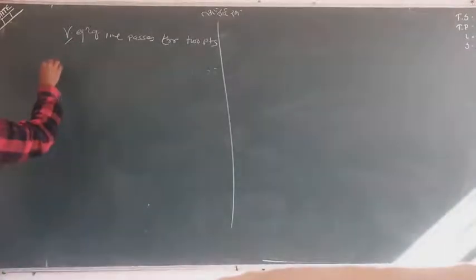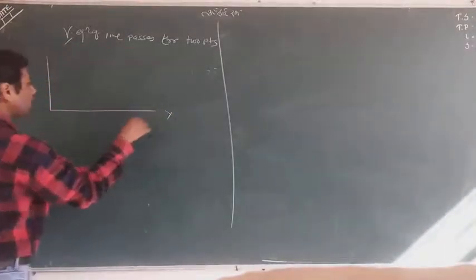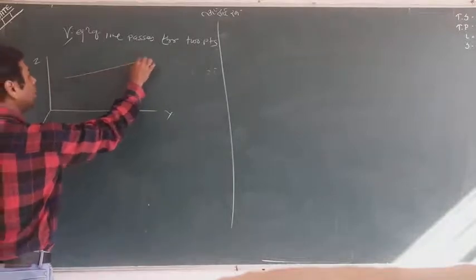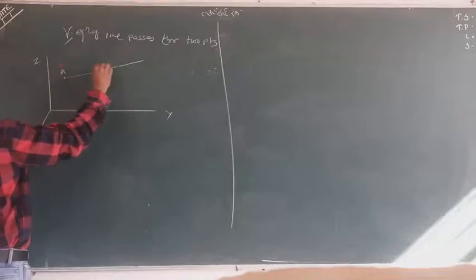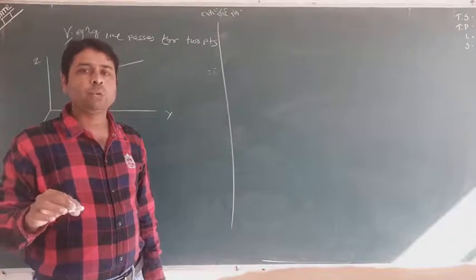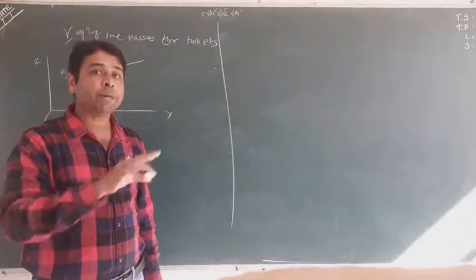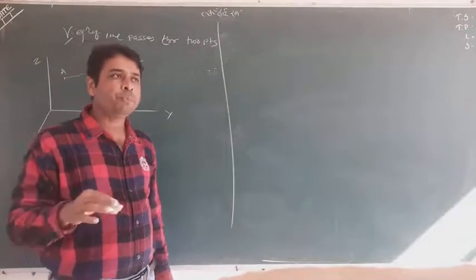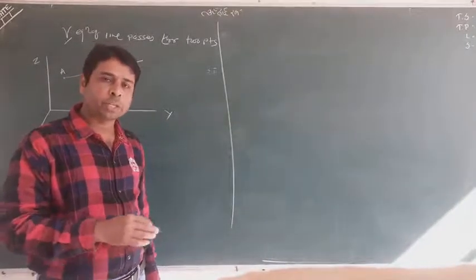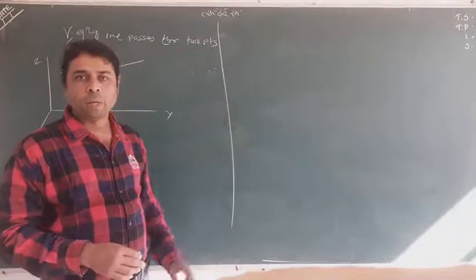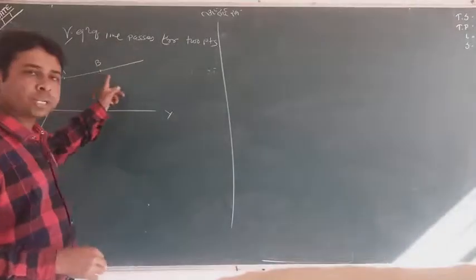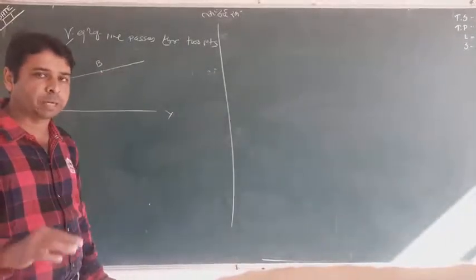How we can go through this? Look at, I tell you, this is y, x as usual, z, this is the line which is passing from A and B. Try to understand. Very important question, that when 2 points will be given, that time ratio will not be given. So try to make the difference between the thing which I taught you till now and what I am teaching right now. Last time 1 point and ratio was given. This time only 2 points are given, ratio will not be given.